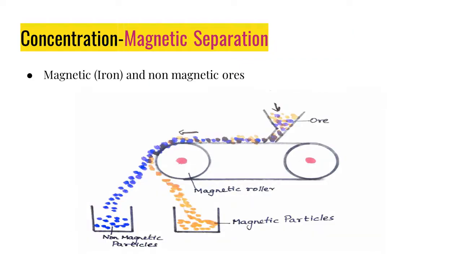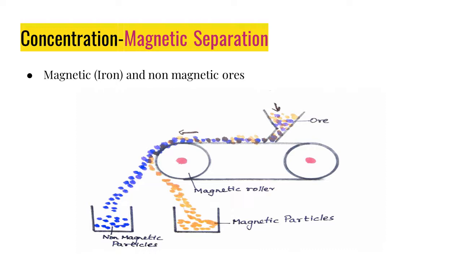Now let us talk about another method of concentration, that is magnetic separation. This method is used to separate magnetic and non-magnetic ores. There will be 2 rollers here. One is of magnetic type, and there will also be a leather belt which moves over these rollers. The ore will be dropped from the top using a hopper, and this leather belt will carry the ore through the rollers. When the ore comes near the magnetic roller, the ores which have magnetic property like your iron